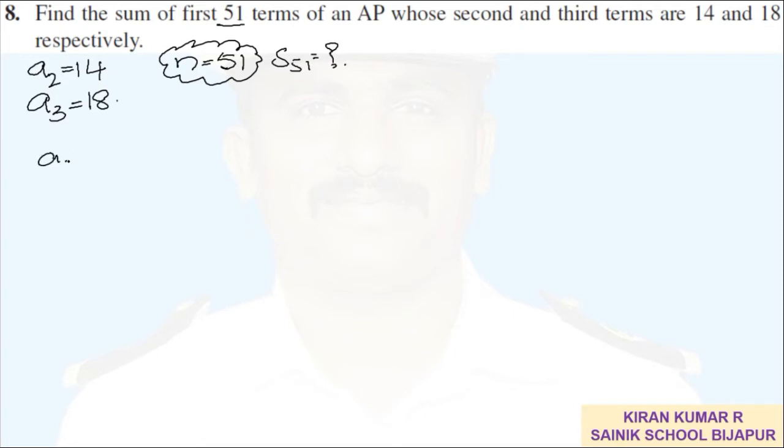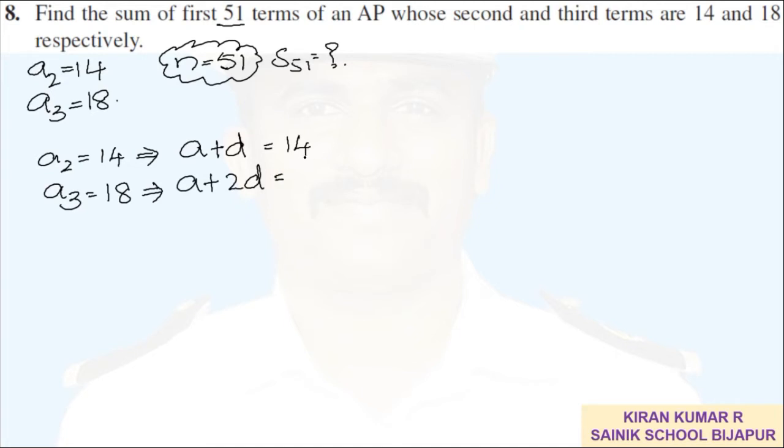Since a2 is 14, I get an equation a plus d equal to 14. Since a3 is 18, I get one more equation, a plus 2d equal to 18. Now there are two equations. With these two equations, I would like to find the value of a and d respectively. So for that, I will follow